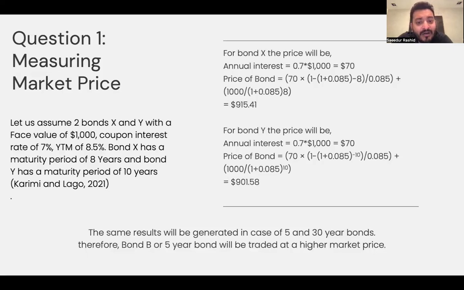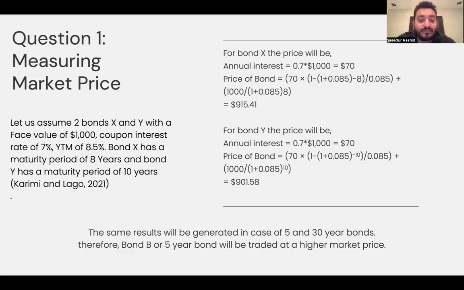The first question is about finding out which bond will trade at a higher price in the market. To find out this answer, let us assume two bonds, X and Y. These bonds have the same coupon interest rate of 7% and the same yield to maturity of 8.5%. The only difference is bond X has a maturity of 8 years, whereas bond Y has a maturity of 10